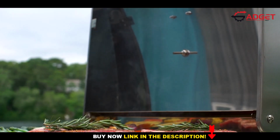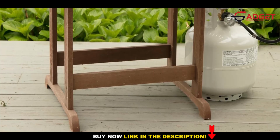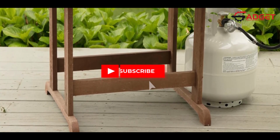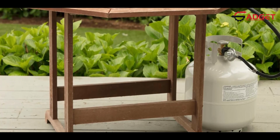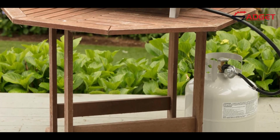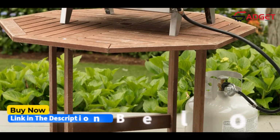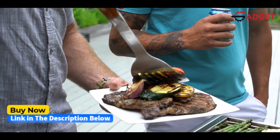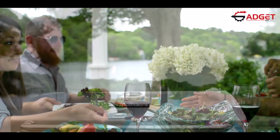The stainless steel cooking grates are another highlight, delivering even heat distribution across the surface and handling everything from large cuts of meat to delicate vegetables without issue. Despite its sturdy build and powerful performance, this grill is highly portable, weighing in at just 22 pounds. Its locking lid, folding legs, and comfortable carry handle make it easy to pack up and transport wherever your culinary